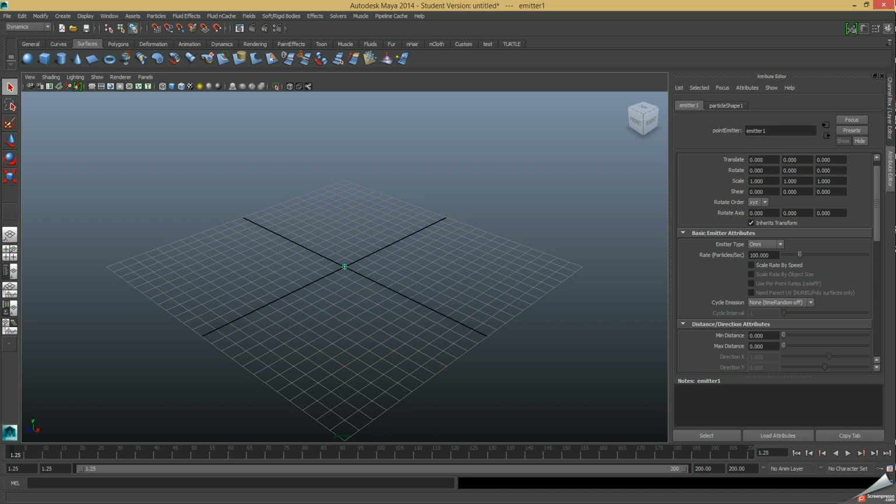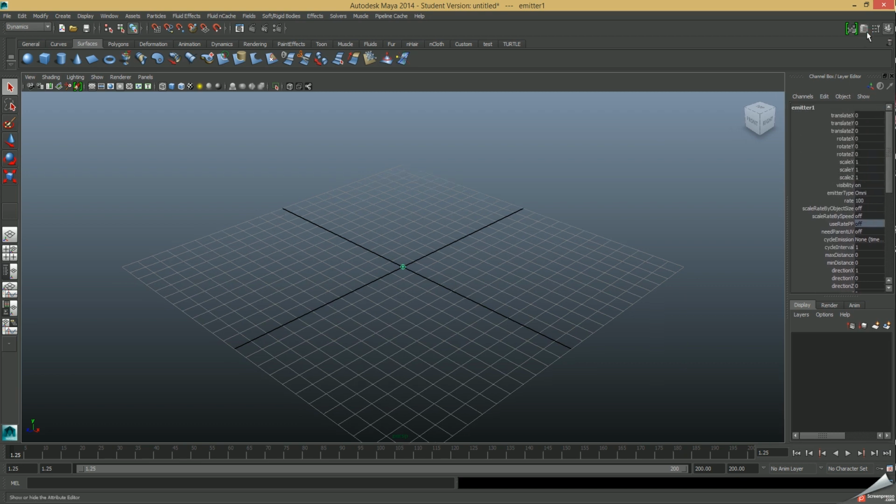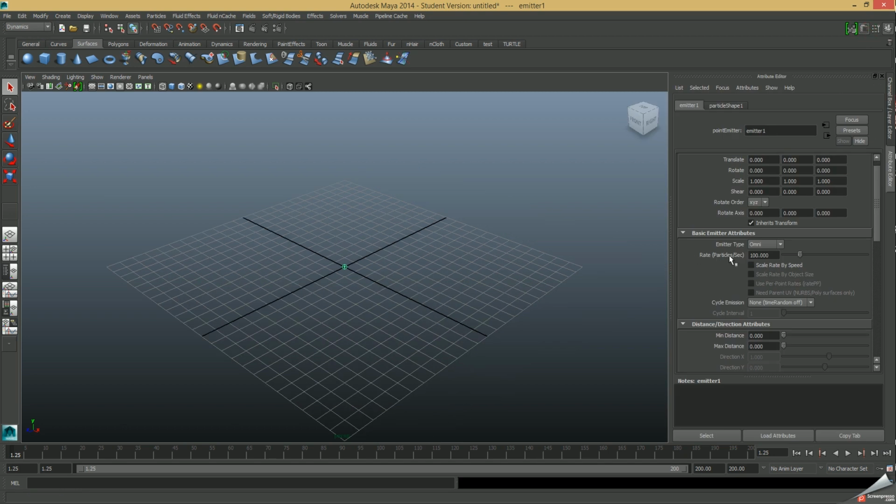So what we'll do is select our emitter, which it's already not selected. Go over here in the channel box and find rate. You can do this in the attribute editor too if that's easier to see for you, but you're going to find the rate. Change this rate from 100 to 50,000. So 50000. And then when you play this,